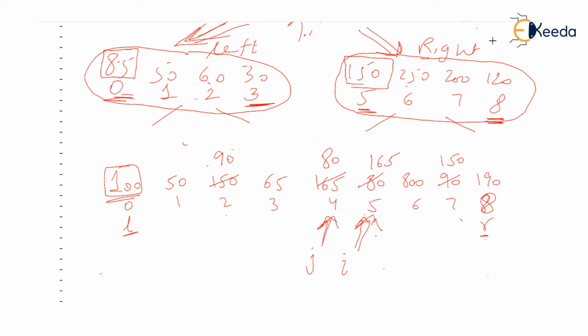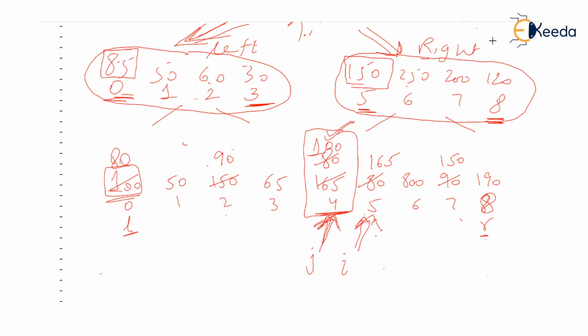Then this time we do not swap ai with aj, but we declare that we have found best place for our pivot, and the best place for 100 is given by jth place. That is fourth place is where we are going to store 100. Obviously 80, which is at the fourth place, will be sent at the leftmost element, that is place of 100. So the last swap that we are doing is we will swap AL, that is 100, with AJ, that is 80. So 80 comes at AL and 100 goes at the place of AJ. This is how 100 is now at the fourth place, and this is the best place for 100.